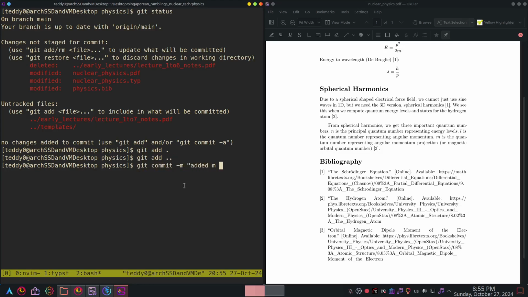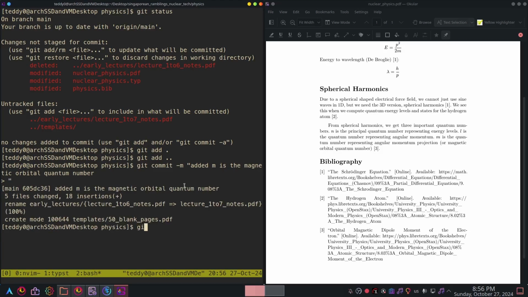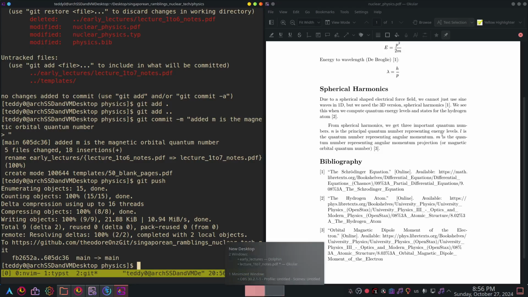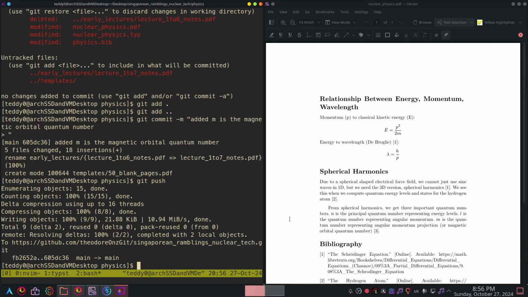Added m is the orbital magnetic quantum number. Push it up onto GitHub, and so you'll be able to find all the notes there on GitHub under the physics